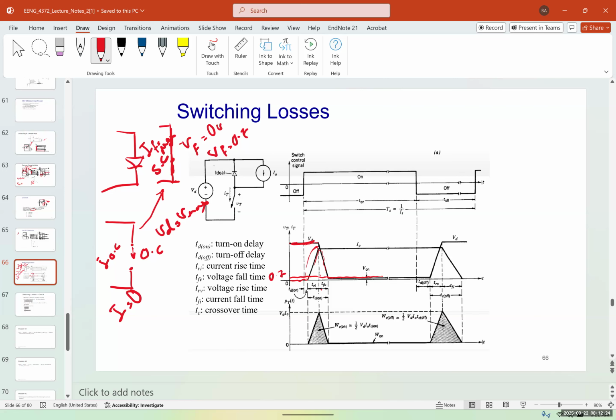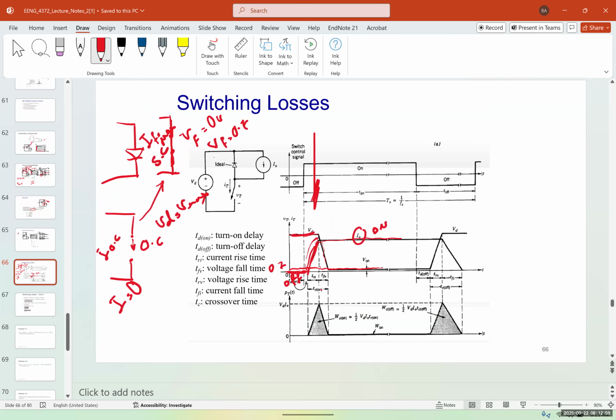The impedance is infinite. So when we are going from off to on, the current goes from 0 to its maximum current, which here is I out. And this is when it's in the on situation. This is when it's in off. So this part is in off. And so it takes some time for the current to go from 0 to its maximum, and it takes some time for the voltage to go from maximum to 0. And in between these two,